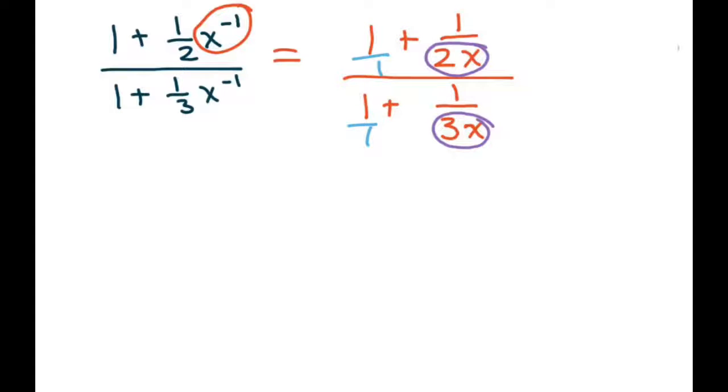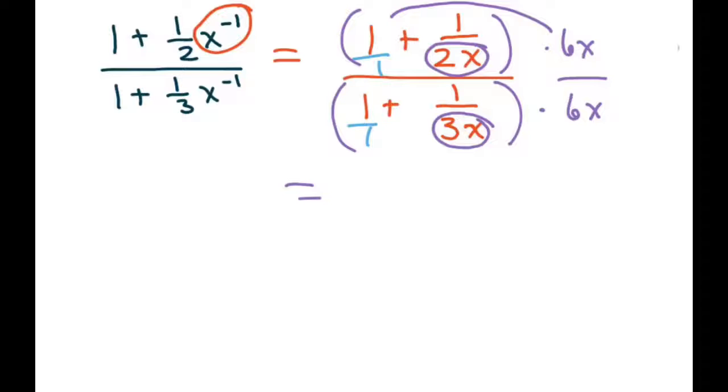So the common denominator for those, or your least common denominator, is 6x. So I'm just going to multiply my numerator by 6x. And I'm going to multiply my denominator by 6x as well. This 6x over 6x equals 1, so I'm just rewriting the equation. So when I distribute, I get 6x times 1 is just 6x, right, plus 6x